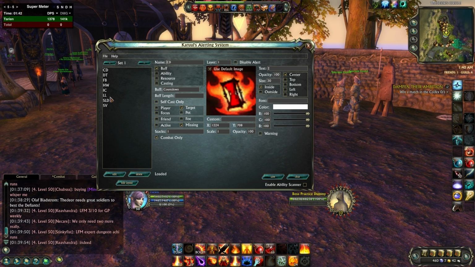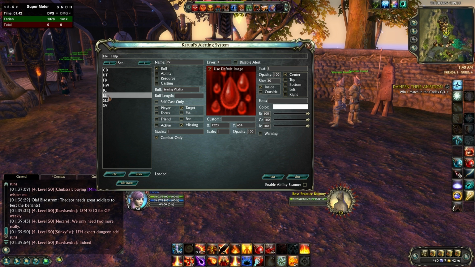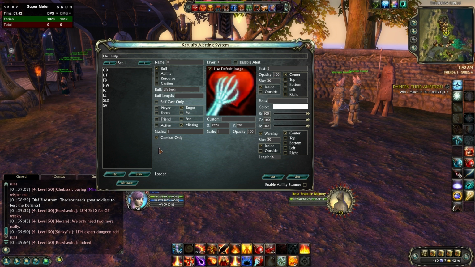Same thing for Searing Vitality, exactly the same thing, just a difference in buff name. And finally Life Leech. There is a slight difference to Life Leech in that I have selected a timer for Life Leech. 6 seconds before it expires I want the icon to appear so that I can recast it by